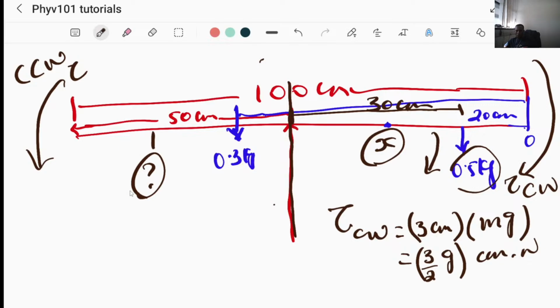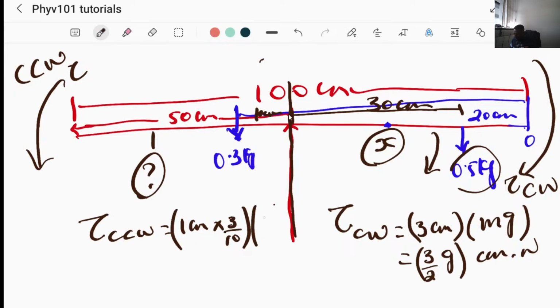What about the clockwise torque? What is this guy doing? The 0.3 kilogram. What is the distance? The distance, of course, you could see, if from there to here is 60, that distance should be 10 centimeters. Therefore, this one is 10 centimeters. I'll say tau counterclockwise must be equal to the distance, which is 1 centimeter, times the mass, which is 3 over 10,